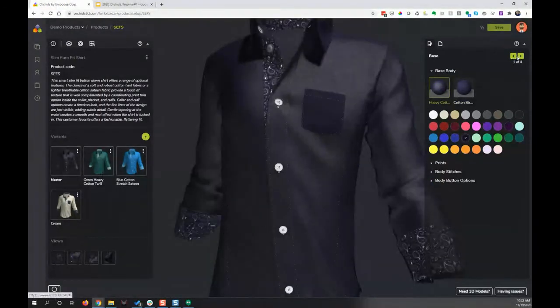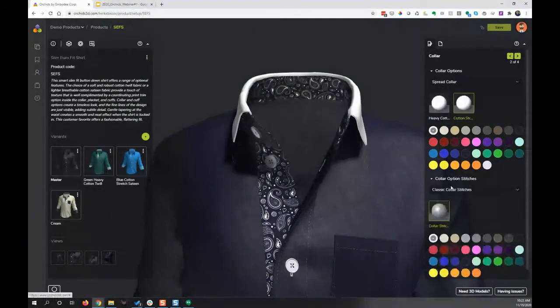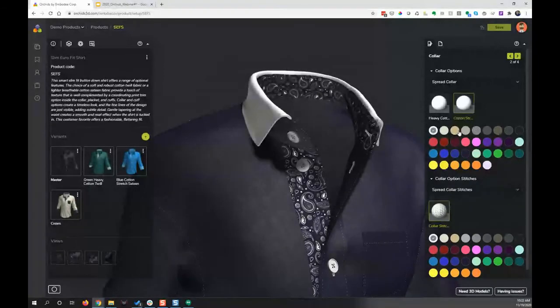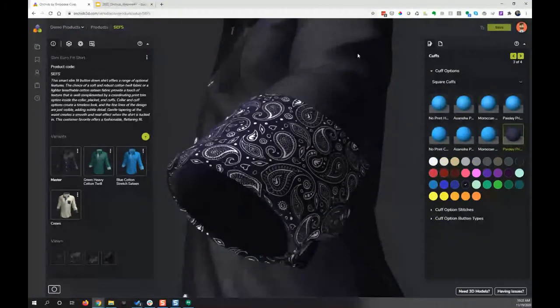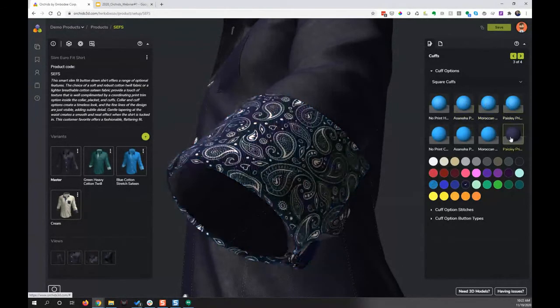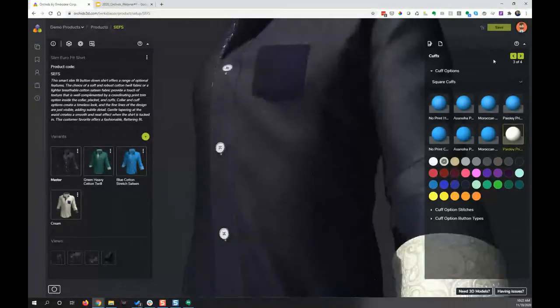Walk the product. We have steps up here in the top right corner. If I click on this, I will go to the collar, for instance. I can change the geometry, if this product is modular, colorize the different parts of the product here, move on to different aspects. In this case, it's the cuffs. I come to the cuffs, I can see this print. I can change the prints, change the underlying color underneath, move on to the pocket.